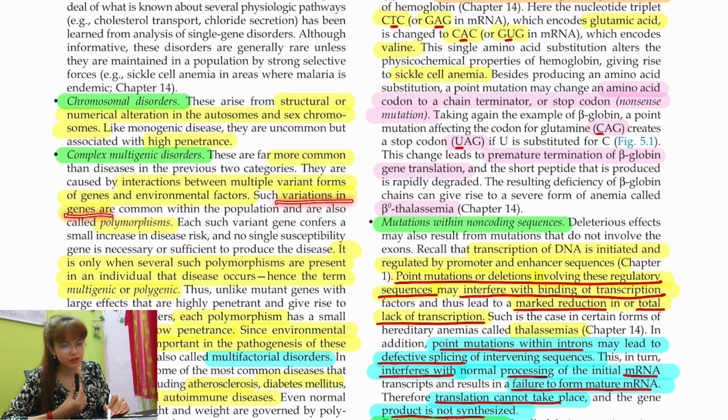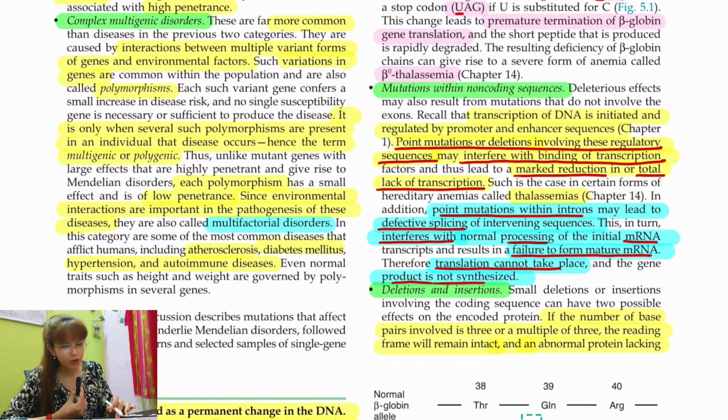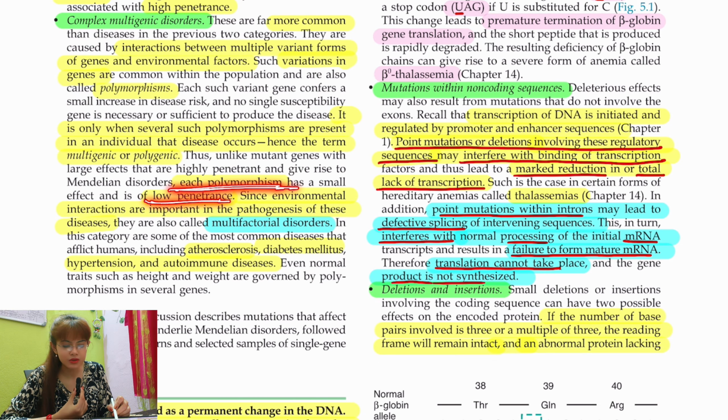Polymorphisms are variations in the genes within the population which give rise to complex multigenic disorders, and they are all multifactorial. It is only when several such polymorphisms are present in an individual, hence the term multigenic or polygenic. So there have to be several such polymorphisms to be able to call it multigenic or polygenic. Okay, because each of these polymorphisms has a low penetrance. So only when there are a large number of polymorphisms, only when there are several such polymorphisms, then only it is going to have a high penetrance, and that will give rise to